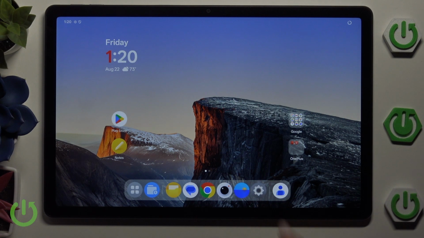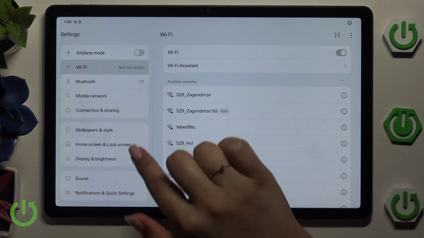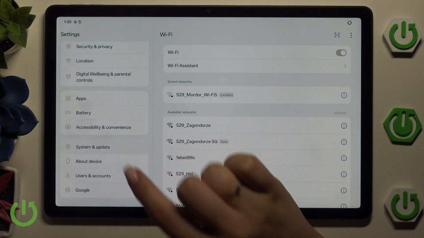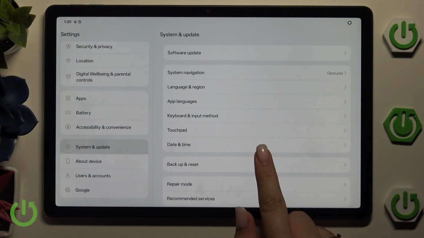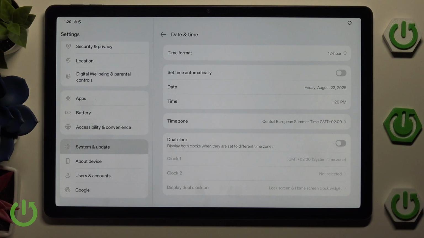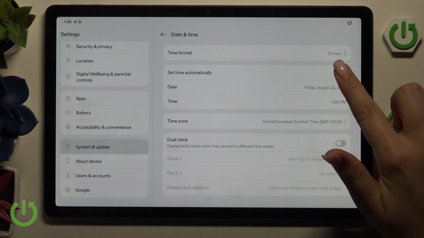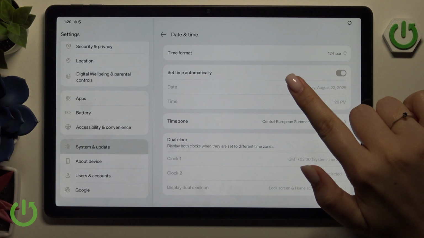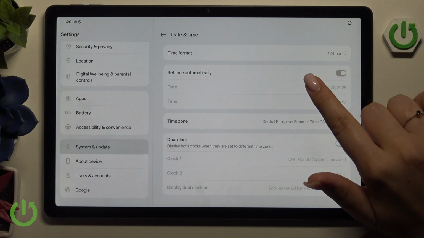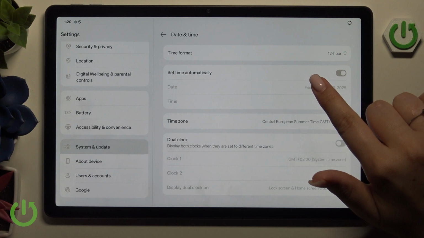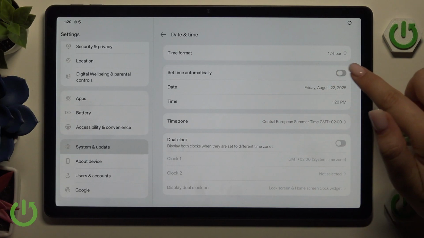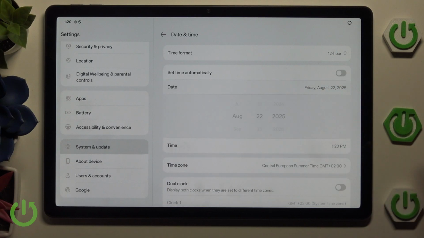So let's begin with opening the settings, and here in this left section we have to scroll and find System and Update. Let's tap. Then let's tap on Date and Time. And right here, usually you will have those options for date and time inactive. It is because the time is defaultly set by the automatic option. So first of all, let's turn off this switcher,